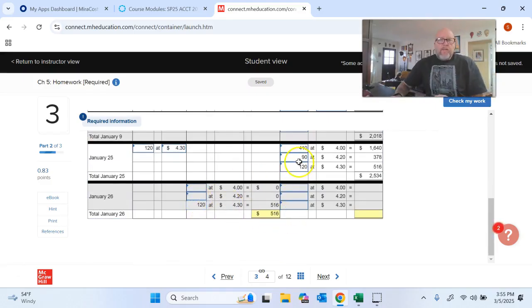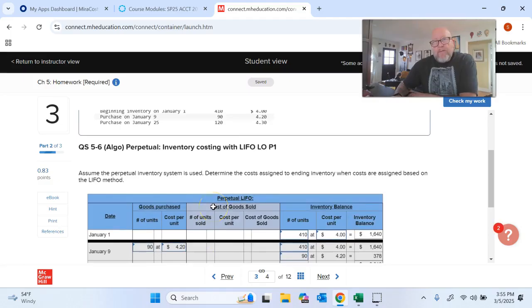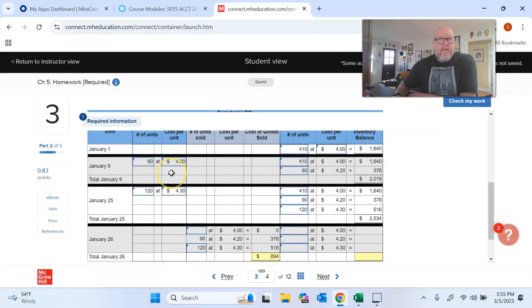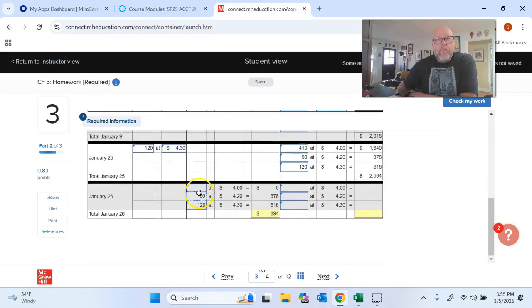Then I still have to get to 450, so I'm going to sell everything out of that second layer. So now I've sold a total of 210, and I have to get to 450. I think that means that I need to sell another 240 units. So I will sell 240 units from this bucket,